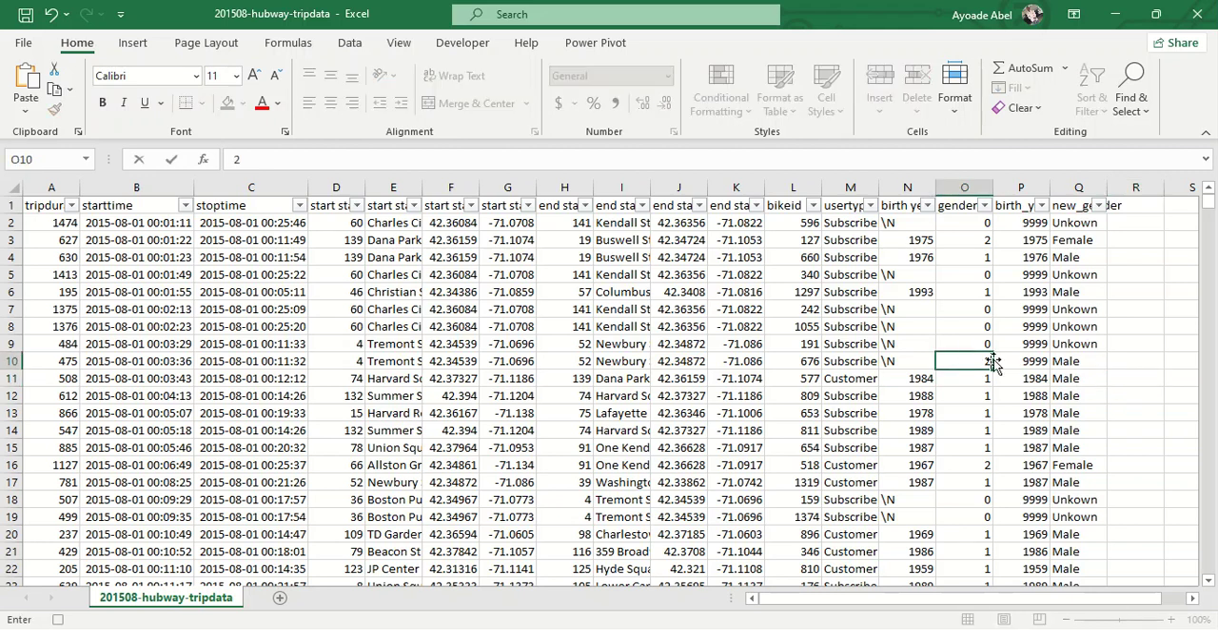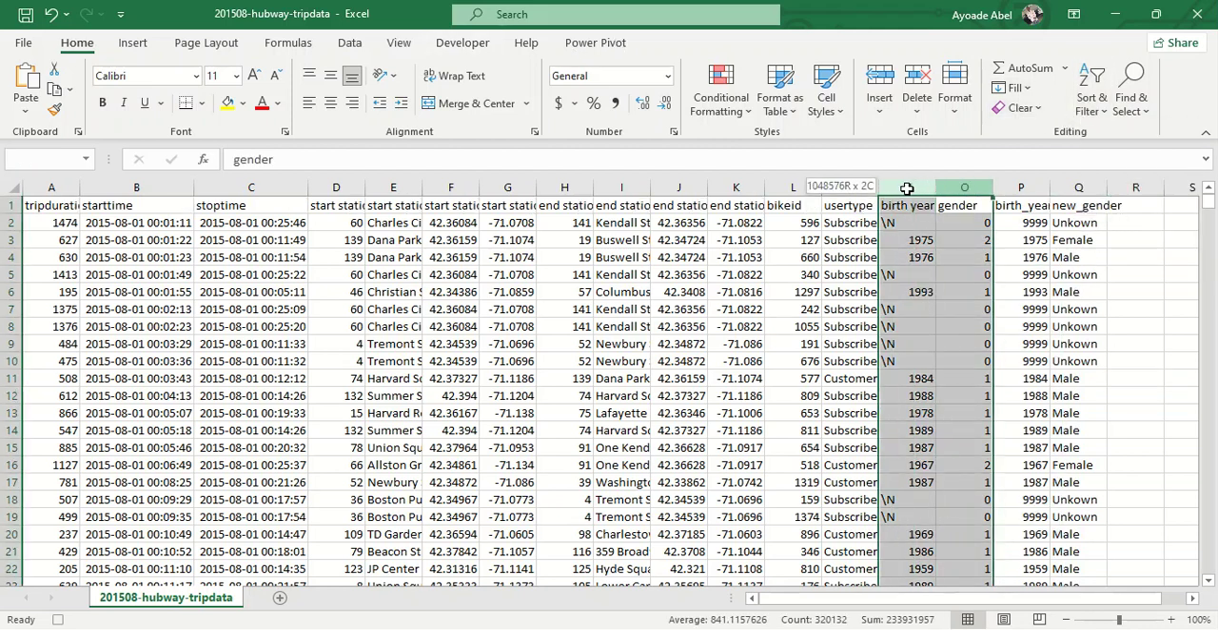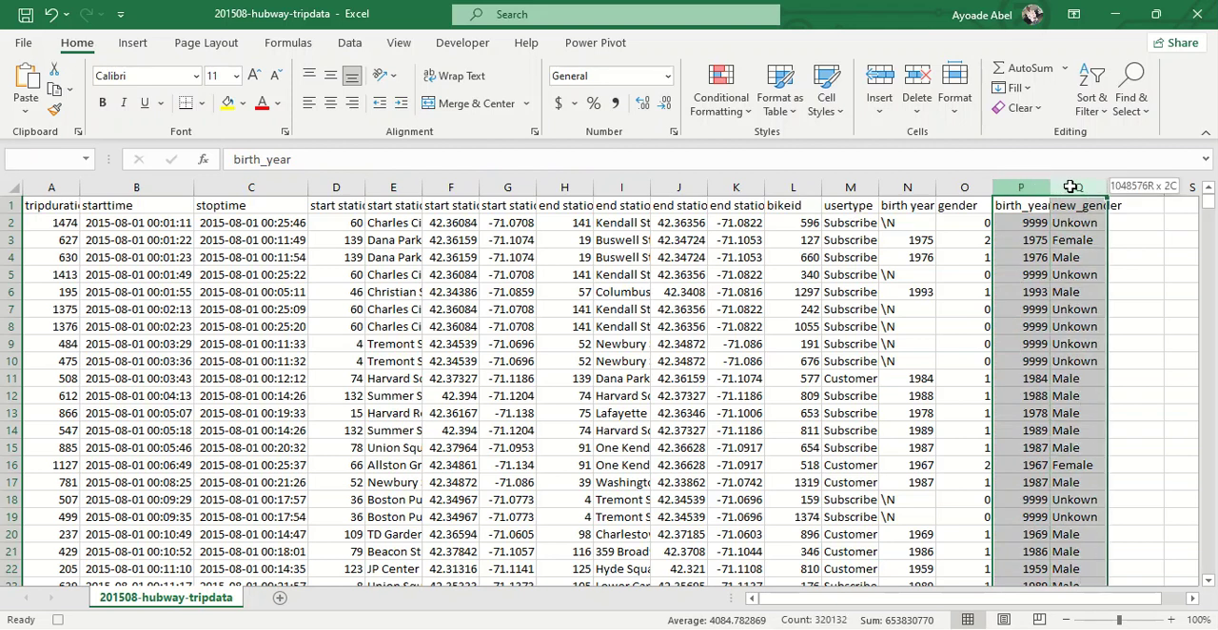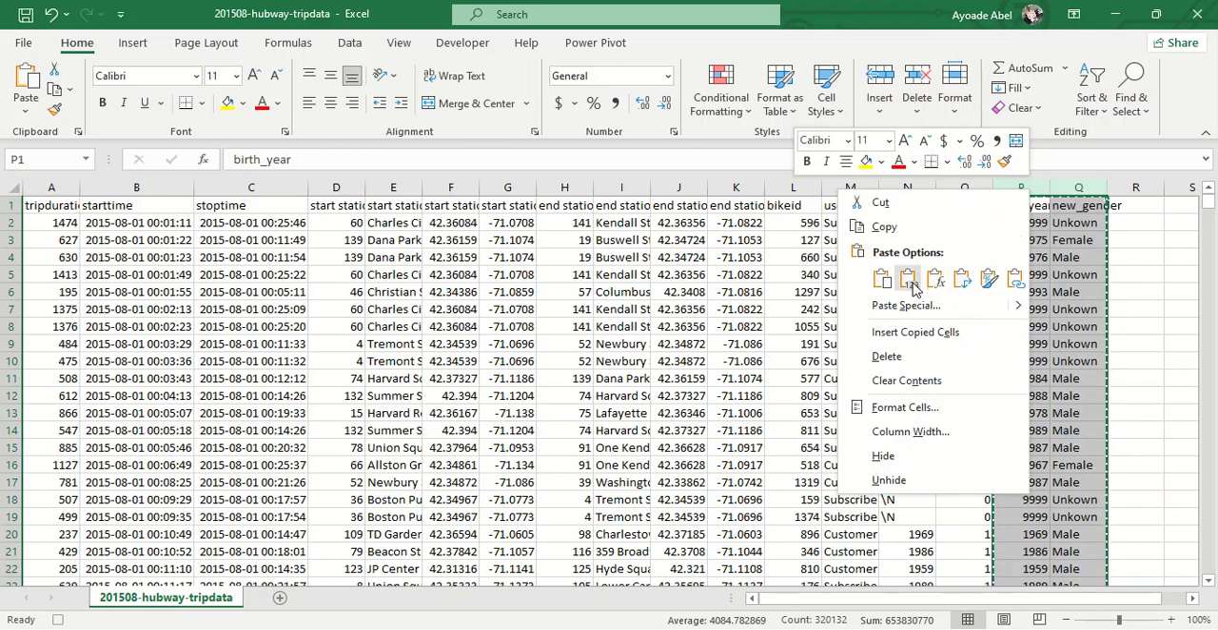Is male. I made it 2. Is female. I made it 0. Is unknown. Okay. So now I'm done with those two things that I want to do, right? So now I will delete these 2 columns. But before deleting these 2 columns, if I delete them, these values that you are seeing right here would also have problem, right? So what I will do is select the 2, copy it, and then paste just the values,